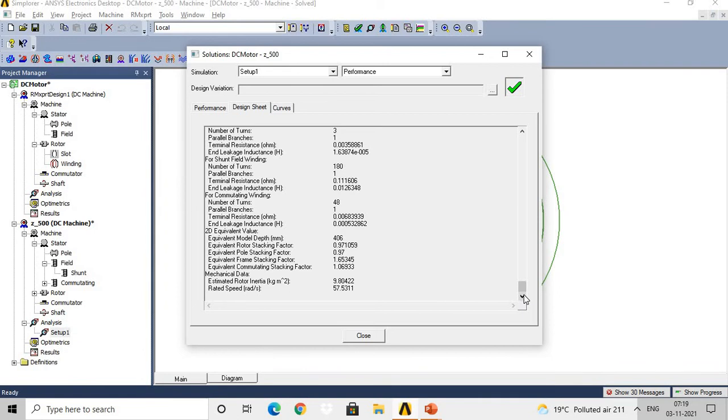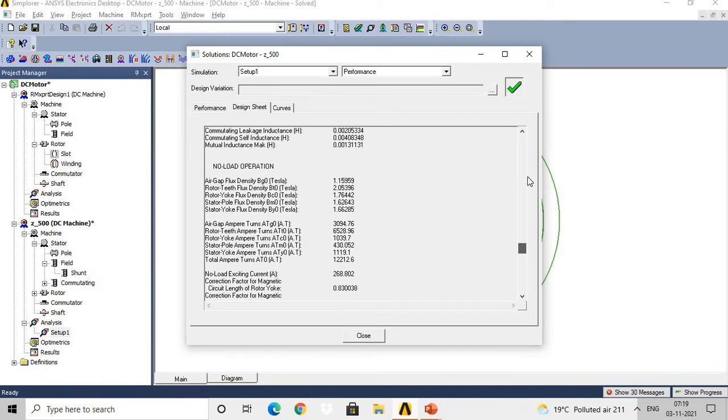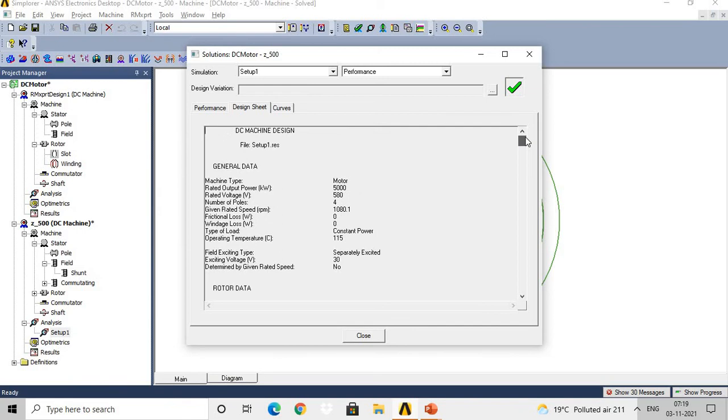So that means after giving certain inputs as an initial requirement of the machine, and as per your geometry, you will get the entire details of the motor along with its magnetic study parameters, then performance under the no load condition and full load condition, and material consumption. That entire information you will get, as well as an idea about the no load and full load operational data or operational performance of the machine.